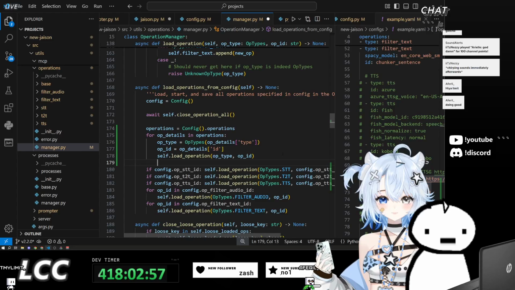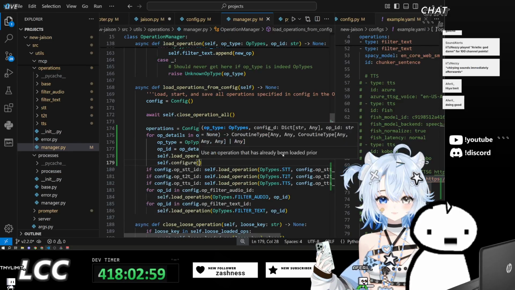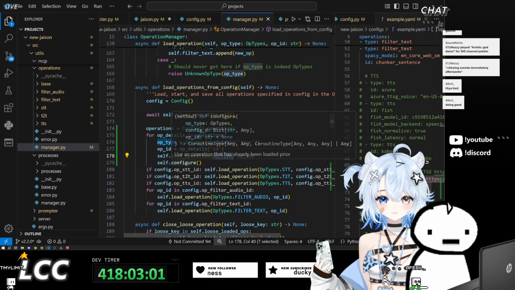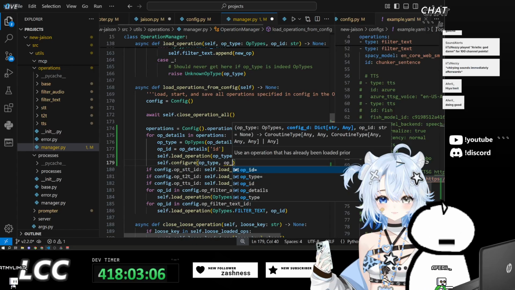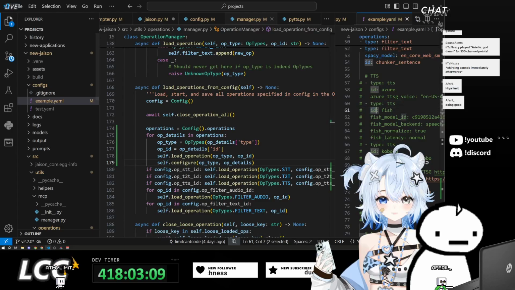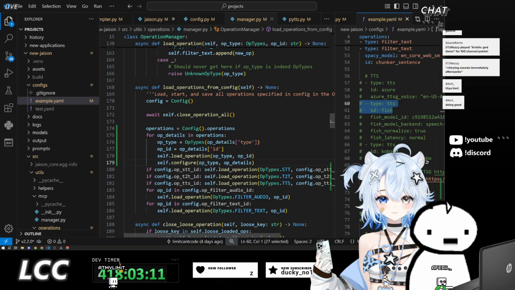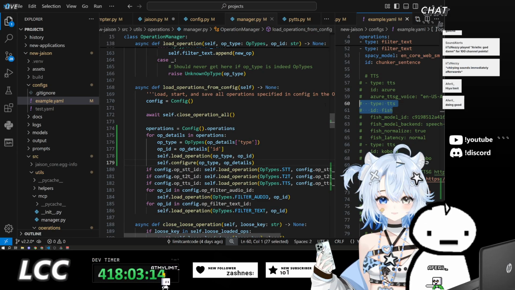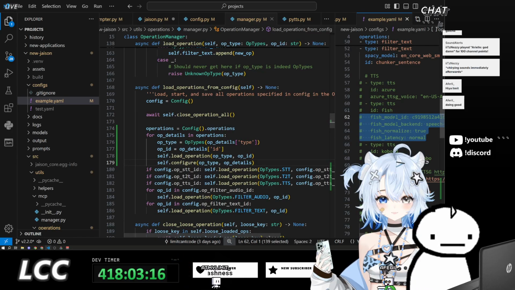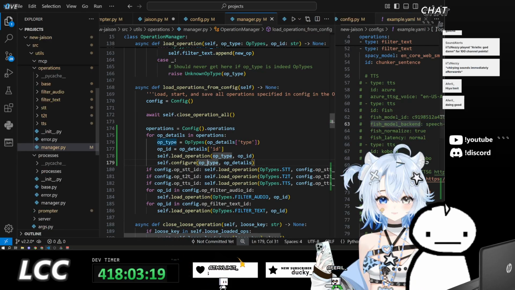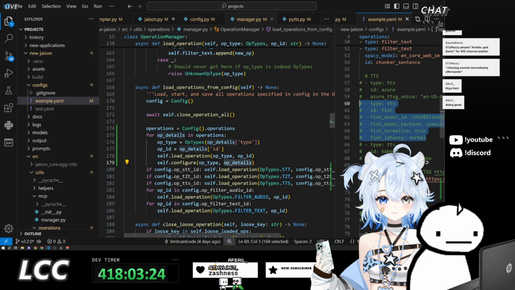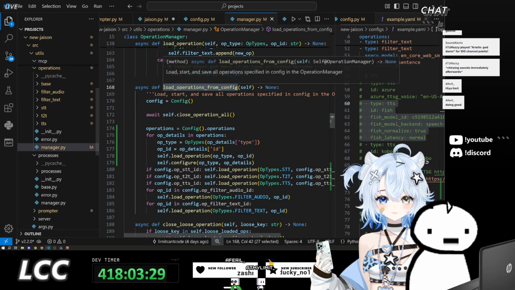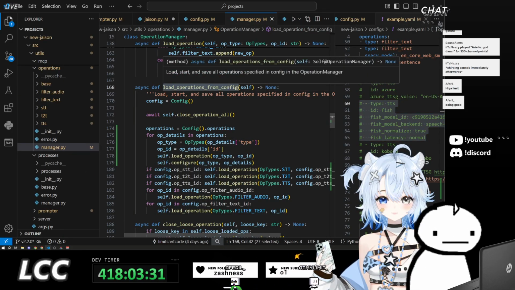And once that is loaded, we can try to configure it. Configure with it being the op type and the rest of the payload, which is op details. That should include the type and ID, which should be fine because we're not explicitly checking that these are not in it. We just care that we are getting these specific fields for that operation, which should hopefully work because, if you set up your configuration correctly, then this shouldn't throw an error. If it does throw an error, then that just propagates the error. That should be fine.